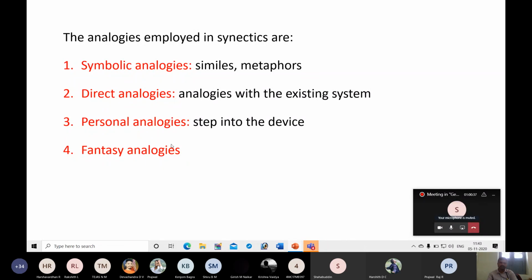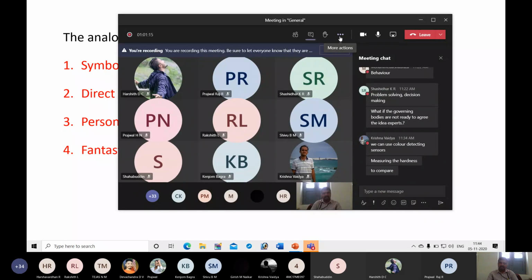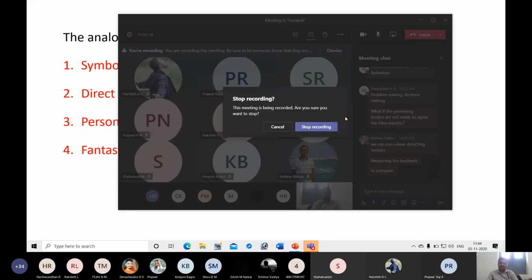These are some of the strategies used to generate ideas, based on how our brain thinks when it generates ideas. Based on that, people make use of these types of analogies: indirectly addressing a problem, directly addressing a problem, considering the problem as a personal one, and then trying to escape from the problem. These are some of the strategies when you are addressing any problem. Okay, this completes unit 3. In the next class I will start